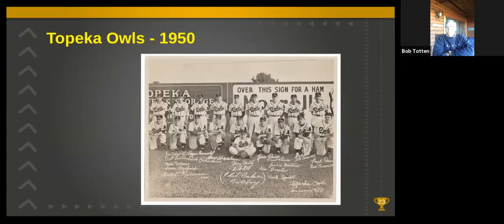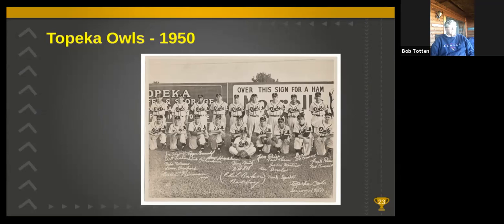Mace Poole was born in Circleville, but he played on that 47 Topeka High School baseball team that won the state championship. And he played 4 years in the minor leagues, 2 with the Owls. Burkhart was born in Wichita and only played 1 year in professional baseball, but he split his time in 50 with the Owls and 2 other teams.